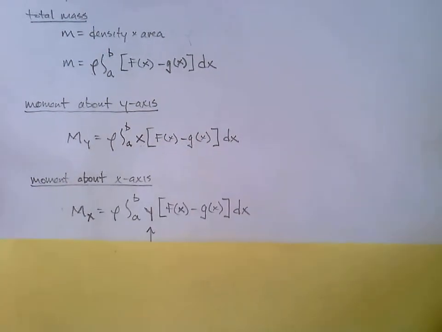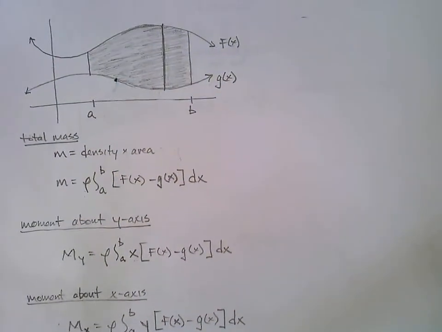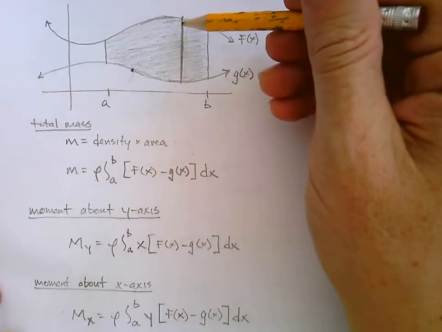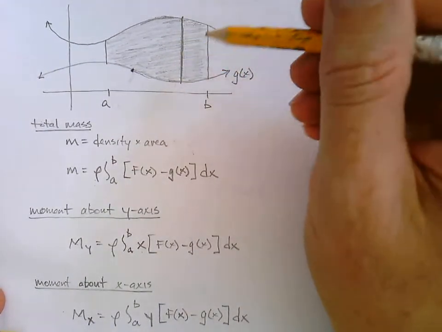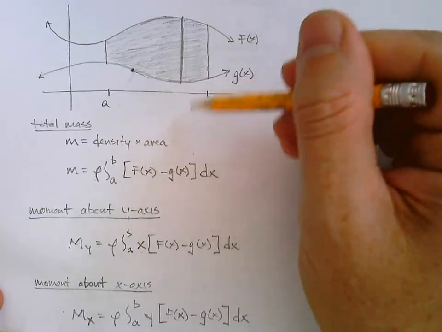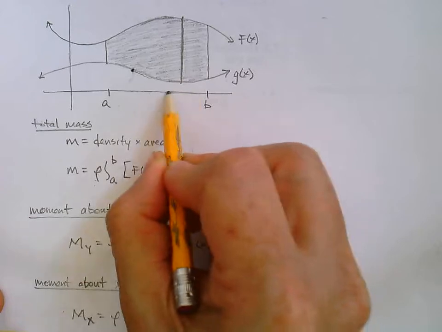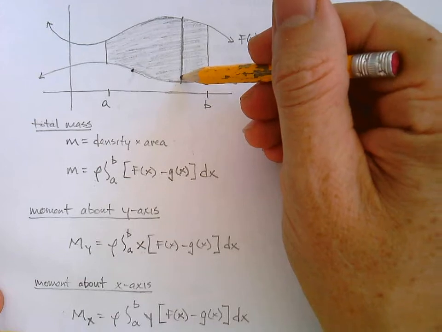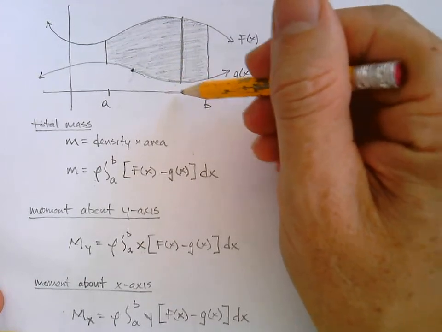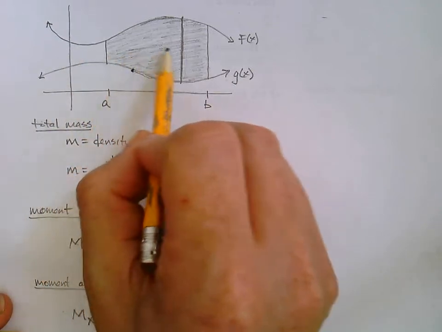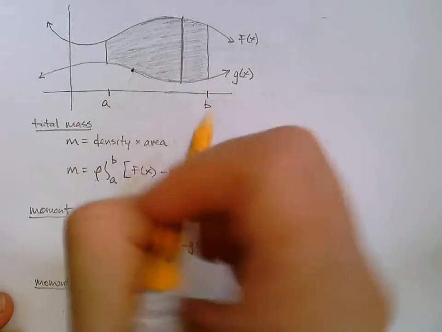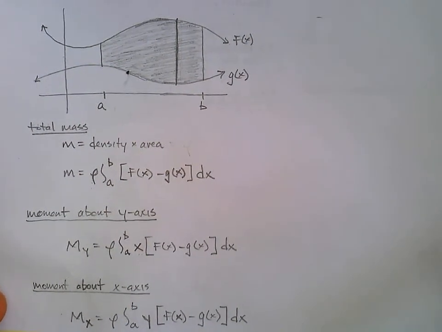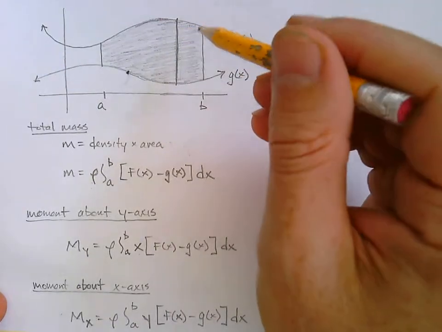What we're going to do is think, okay, looking back here at our graph, any given line like this might spin about the y-axis. But the y tells us the distance from the y-axis. And you think, well, different points on this line are different distances away, which was not the case for the x. All of the points on that line are the same distance this way, but obviously they're different here. So the way we get around it is we say, well, okay, because this is a planar lamina,